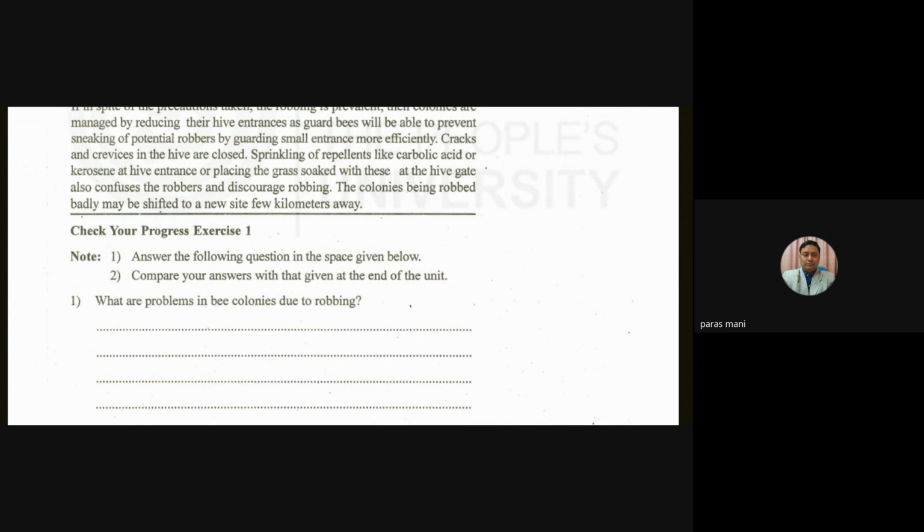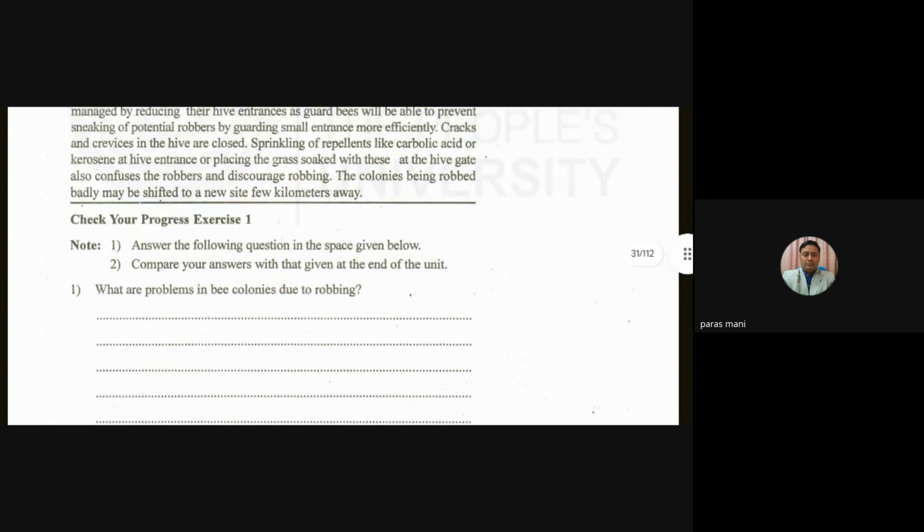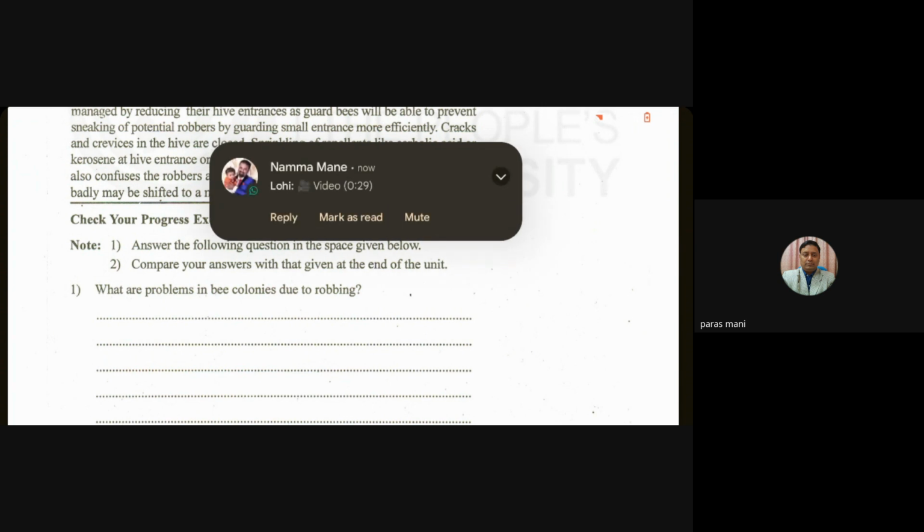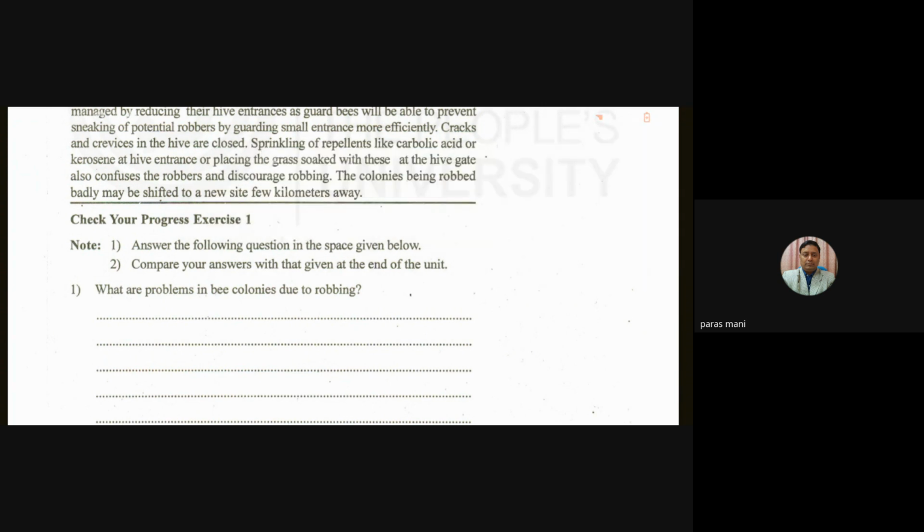To confuse the robbers during that particular time, for a very short time, you can use this trick. And colonies being robbed badly may be shifted to a new site, a few kilometers away. If you shift it for a very short distance,